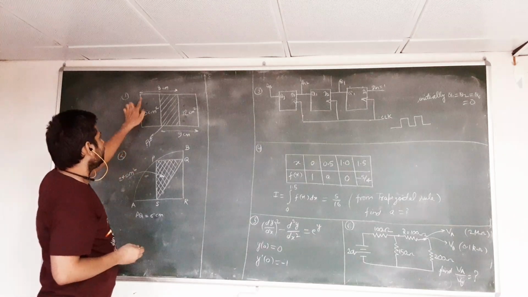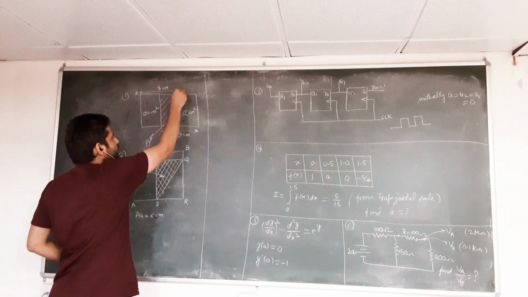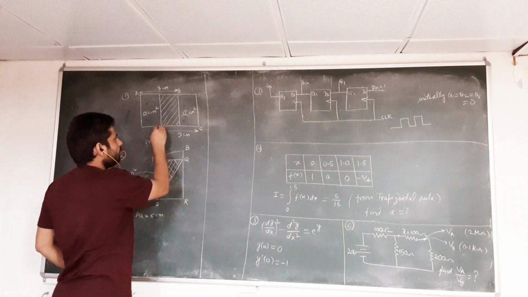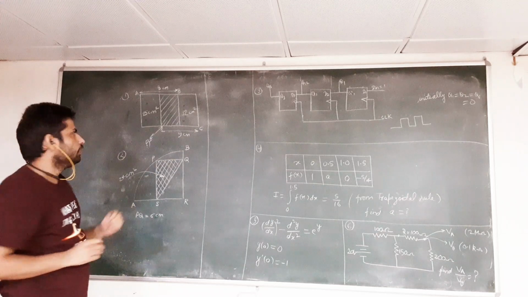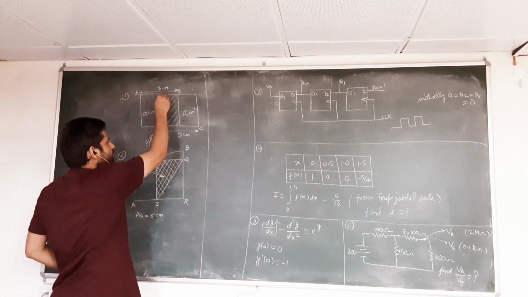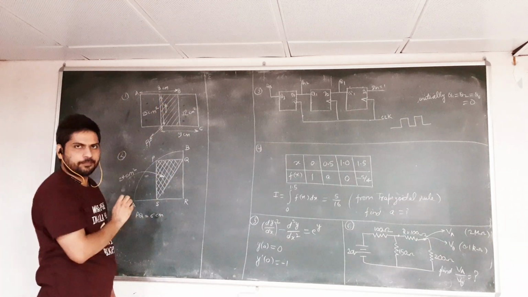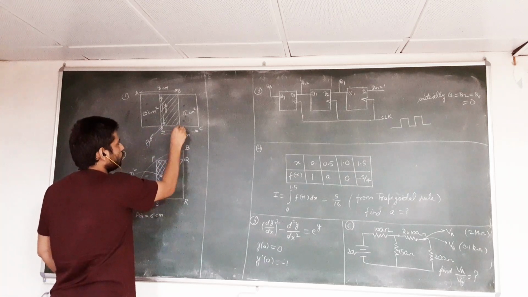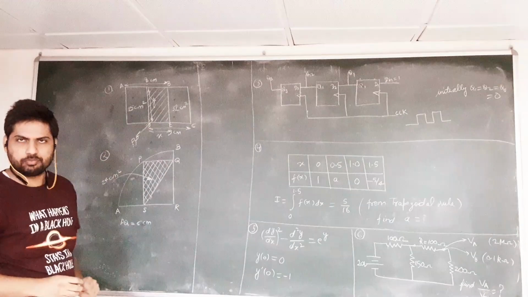It is also given that the length from point A to point B is 8 centimeters, and the length from point C to point D is 9 centimeters. So what we can do, let's assume that this distance is y. I am assuming this is y distance, and also I am assuming the distance from point D to point E is x. So these two I have assumed.